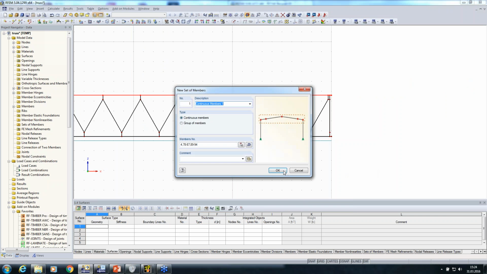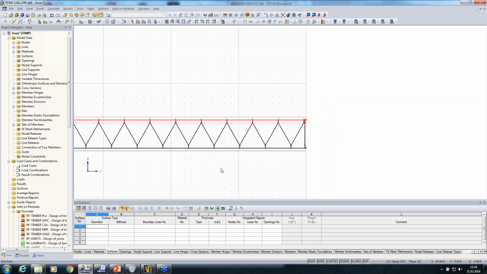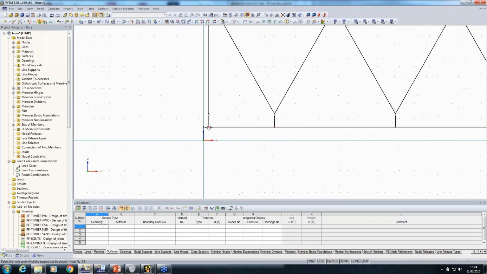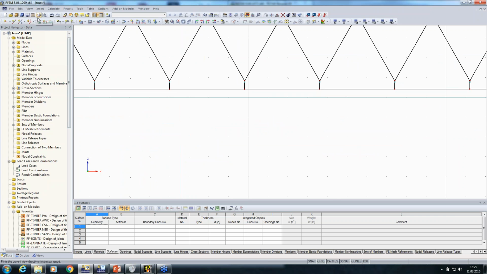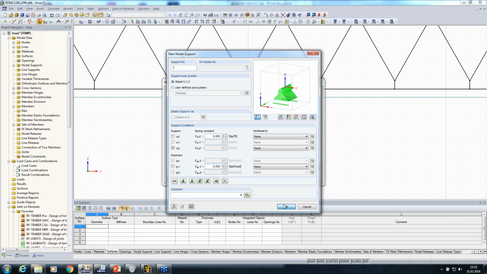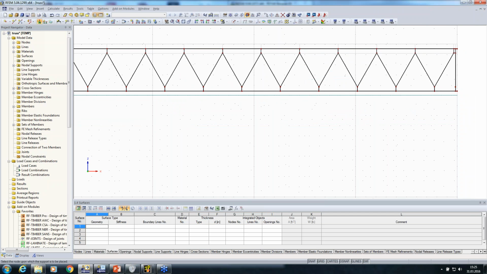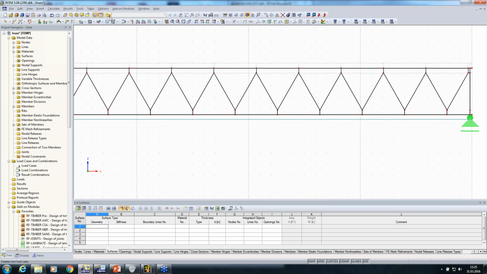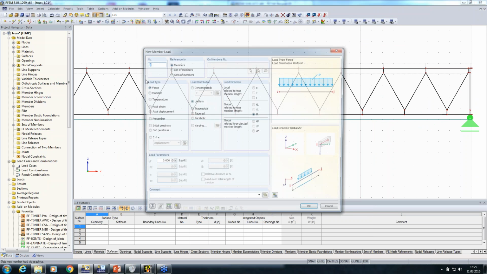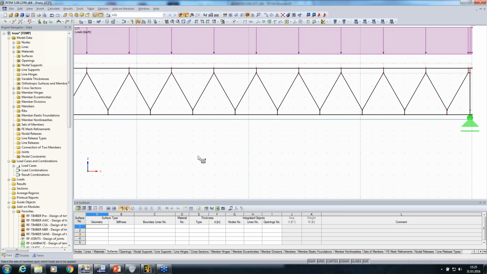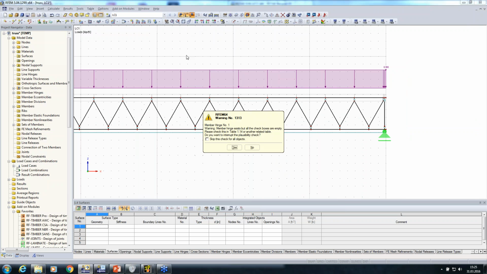create also a set of members and a support similar to the one I just defined on the other structure. And on the right side I make it movable in X direction. Okay. And now I load it. Set of members, same load as before. And when you calculate it now,